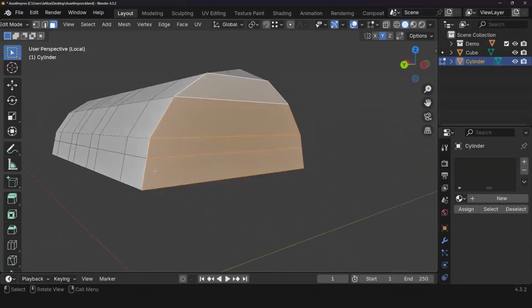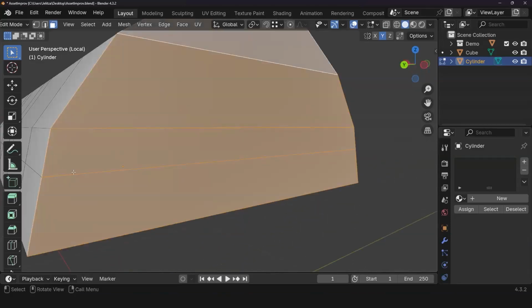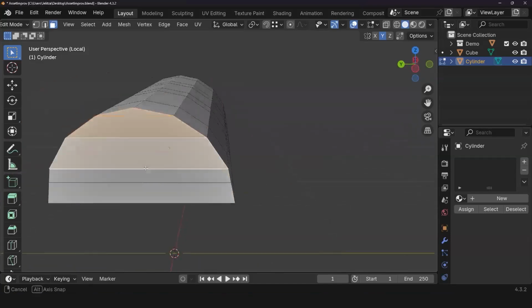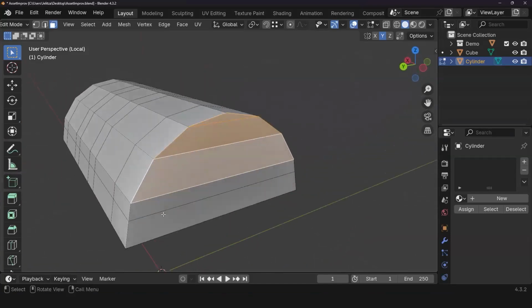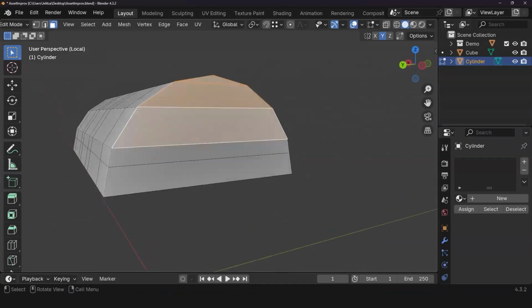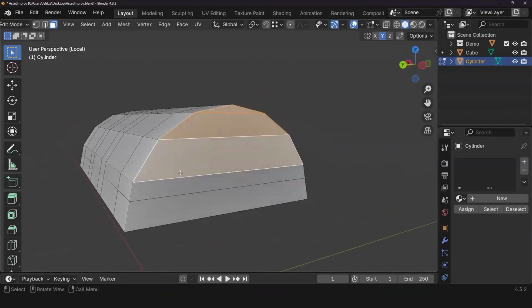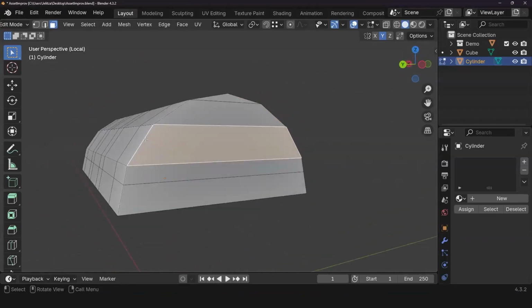Basically, these bottom pieces are pulling. It should be even all around, but because of the way the geometry is, and it's not supported down this way, that might be why I'm having my issues. So let's try putting some edge loops just for fun.